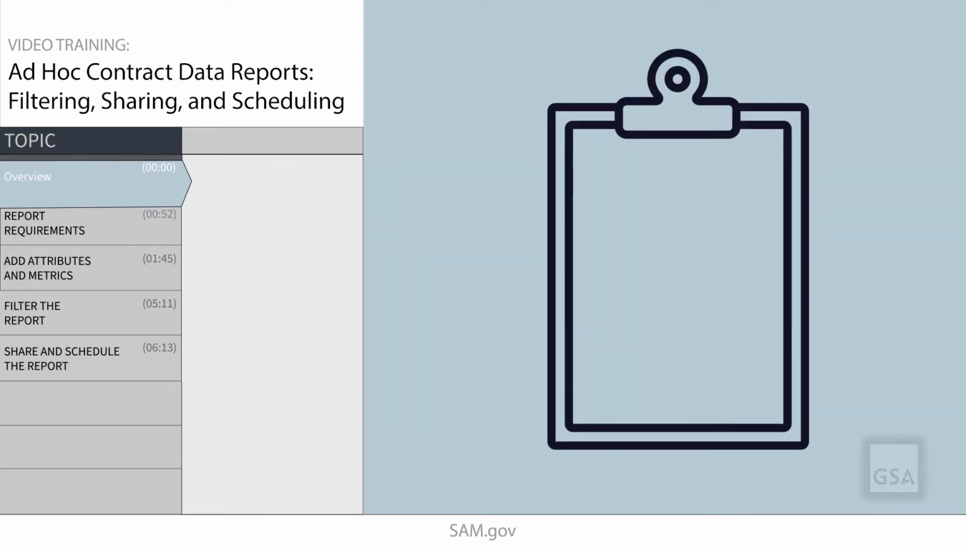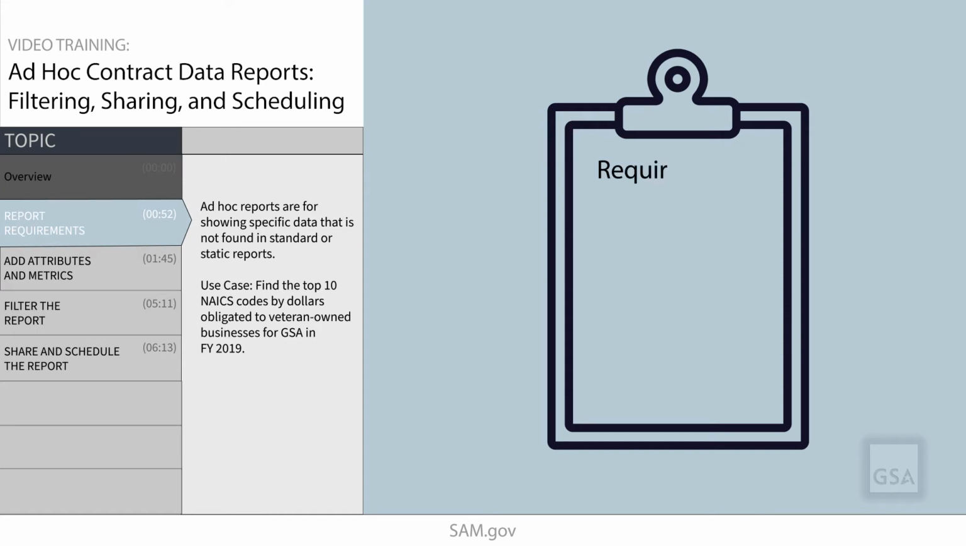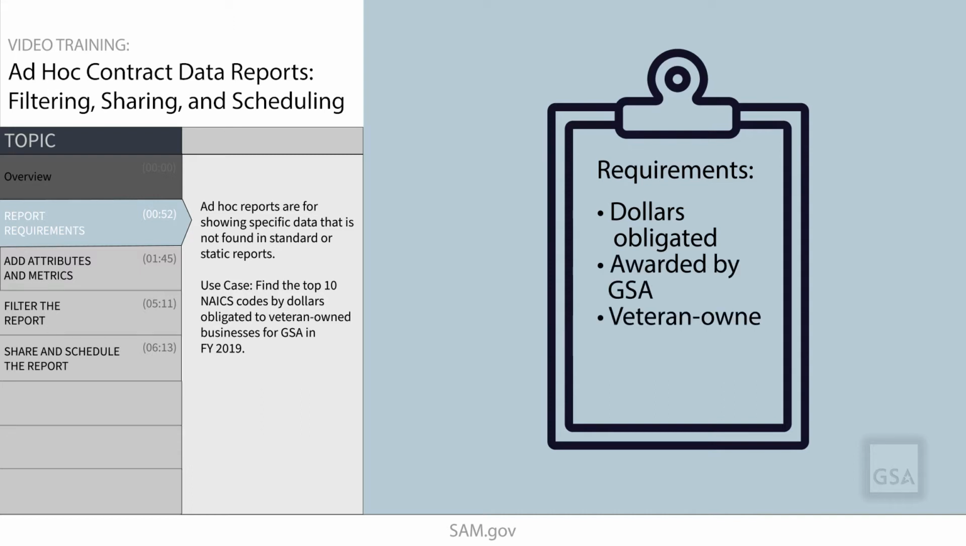Before we jump into the reporting tool, let's take a look at the requirements for this report so we have the proper context. For this report, we are asked to find the dollars obligated to contracts awarded by GSA to veteran-owned businesses in fiscal year 2019 and to explore what those contracts were looking for by looking at the NAICS information. Then, after we've run that report, we want to narrow it down to the top 10 NAICS codes by